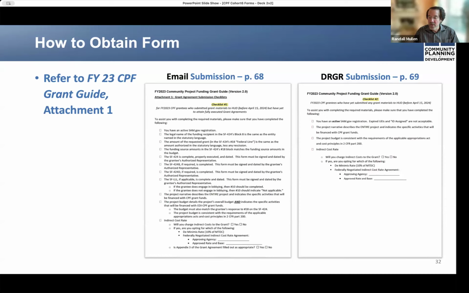And so there would be a notification, and if that participant has not yet been informed that their grant stands approved, then it's less likely that you would receive a notification from DRGR regarding access.